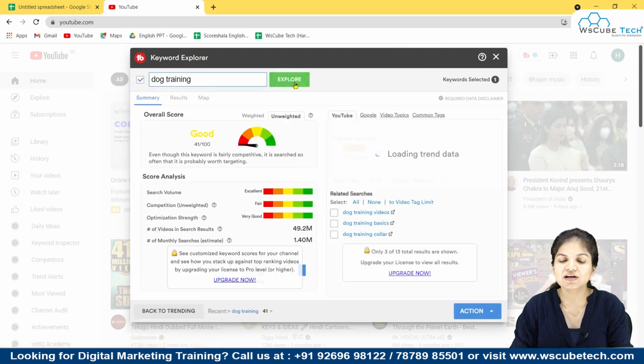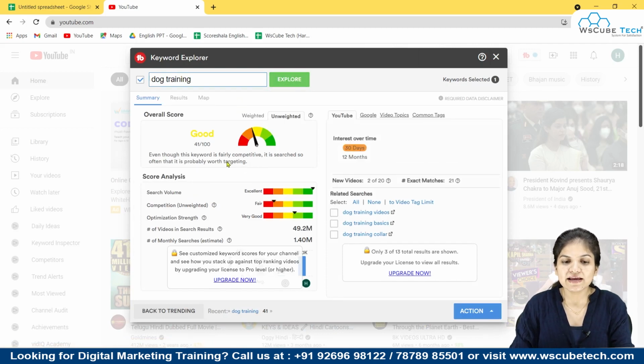As you click on explore, within a few seconds this will show what the search volume is. In TubeBuddy we don't get the exact number, but we get the ranking. The search volume is quite high, quite good, but the competition is not so good. So we can use this keyword.